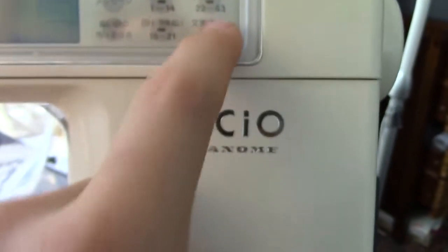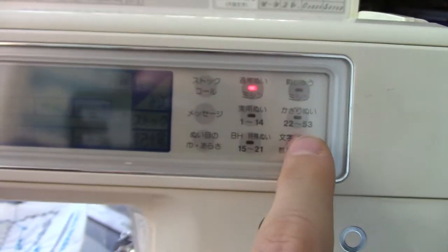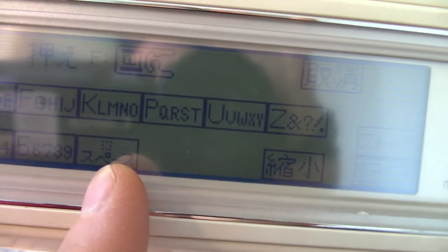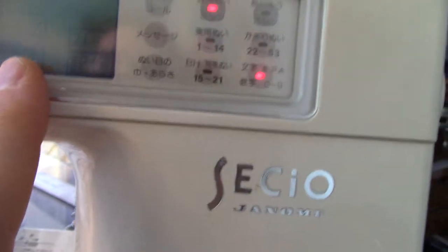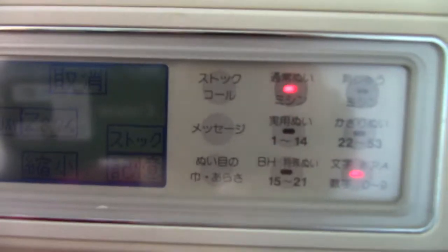What these are doing is, if I press it again, and press it 3 times, it takes me to the English. Okay, so this is quite cool here. You've got your English, your numbers. The interesting part down here is it took me a while to figure out what's a space. So to get a space, you do that. Then over here, I don't remember if I've figured out what that one does yet, but it doesn't really matter, because on here,